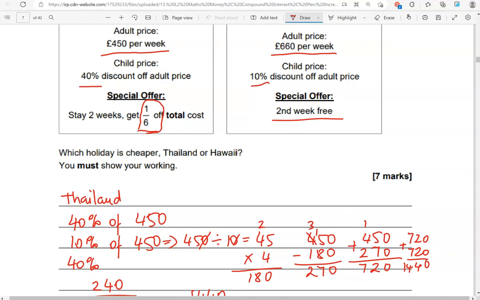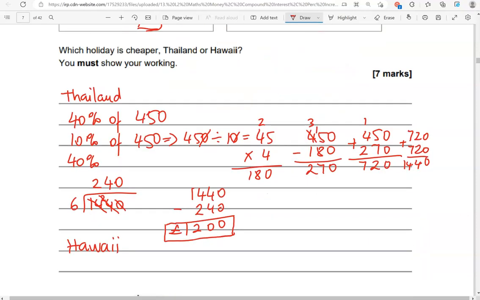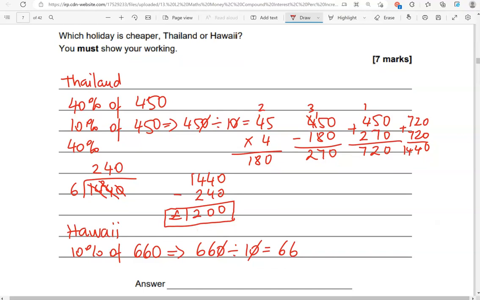We've got adult price £660 per week, child price 10% discount off the adult price. So we're working out 10% of 660. So 660 divided by 10, that gives us 66. So knocking off a 0. So that is the discount. So we're going to do now 660, take away 66 to give us the